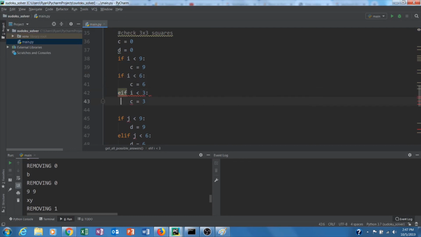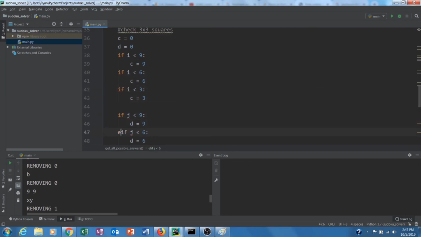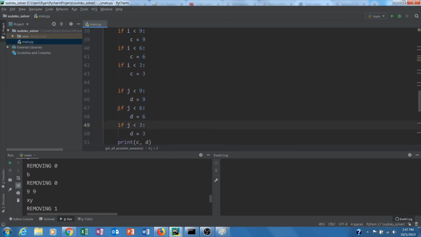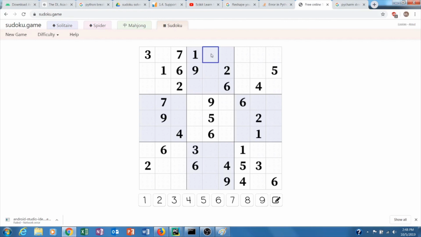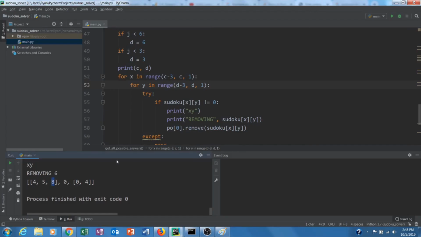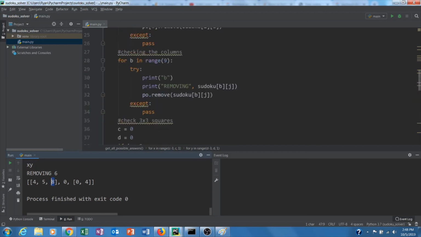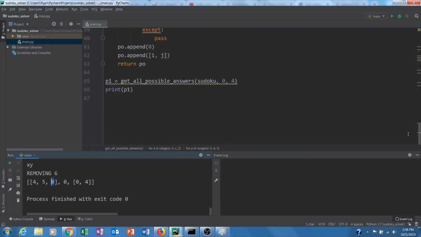So let's make them all if statements, because the else if statement causes an error. The error is just caused by the else if statement, so just replace them with if statements, and this should fix the error. Let's run it again, and we have 4, 5, and 8, which is the correct possible answers for this box right here. So we have our working get all possible answers function, and then we're gonna keep working on the